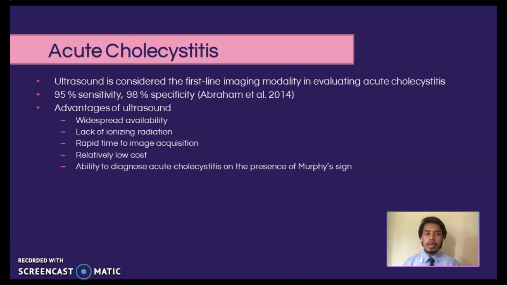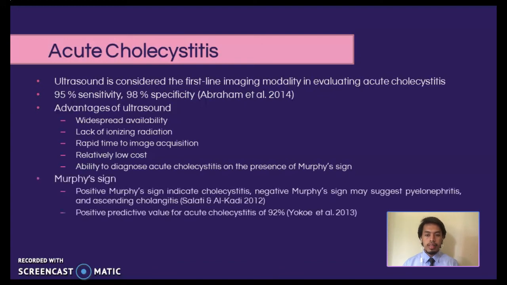sign. Speaking of the Murphy sign, the sonographic Murphy sign refers to the pain that occurs when the gallbladder is pressed while it is being depicted with an ultrasound probe. The significance is that a positive Murphy sign often indicates cholecystitis, whereas a negative Murphy sign may suggest pyelonephritis and ascending cholangitis. The Murphy sign is a useful tool in conjunction with cholelithiasis, having a positive predictive value for acute cholecystitis of